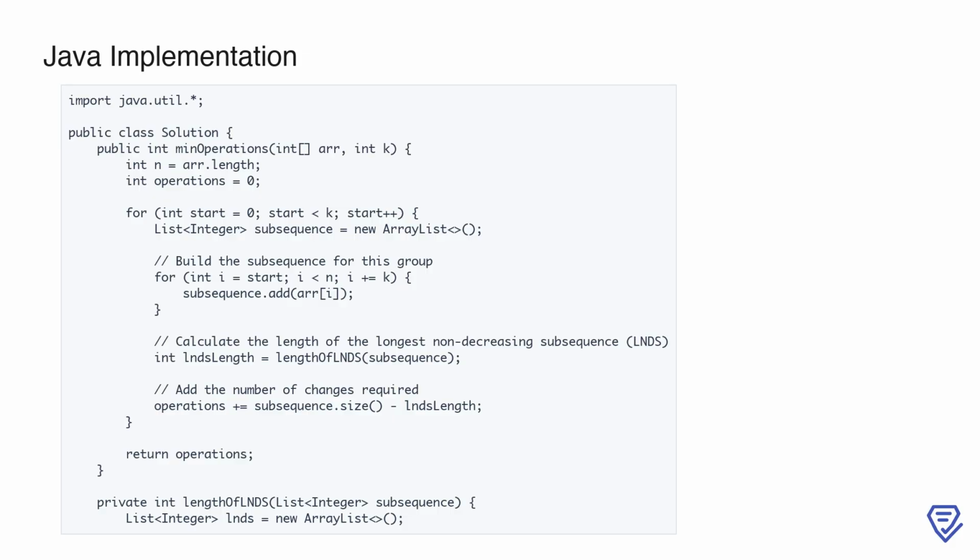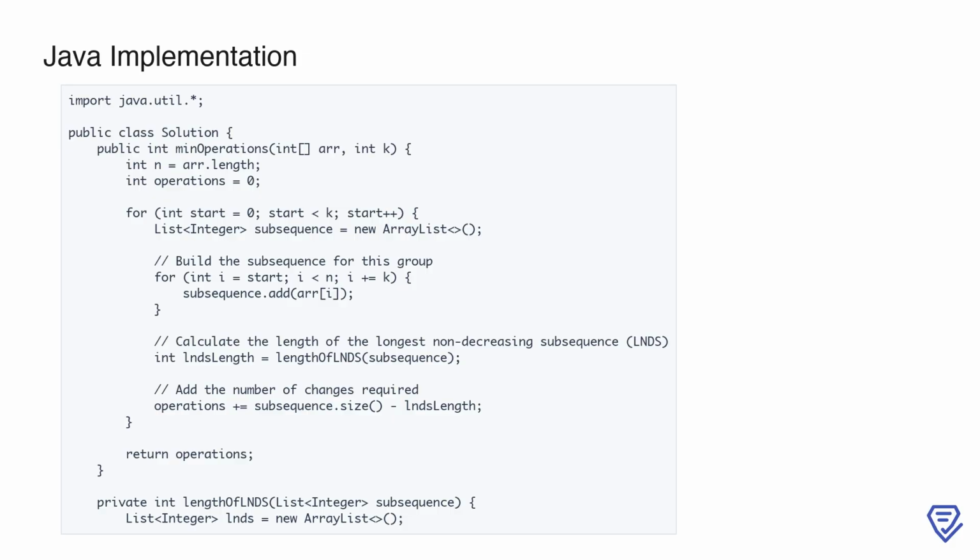The main method is min operations, which takes the input array arr and the integer k. First, we determine the length of the array and initialize a variable operations to 0. This will keep track of the total changes needed to make the array k increasing. Next, we use a for loop with a step size of k to divide the array into groups. For each starting point in the range of k, we extract a subsequence consisting of the elements at every kth